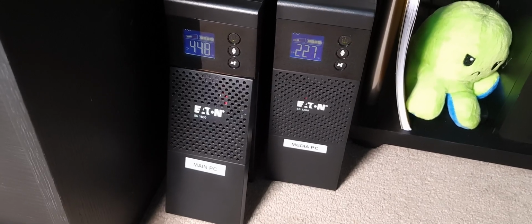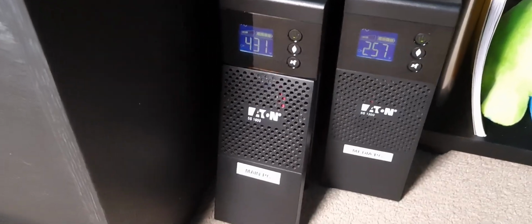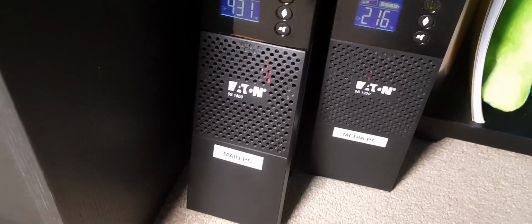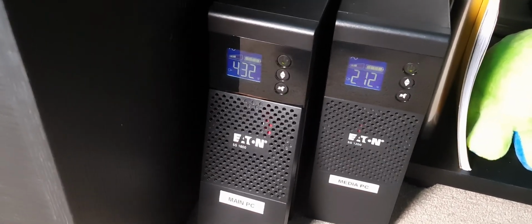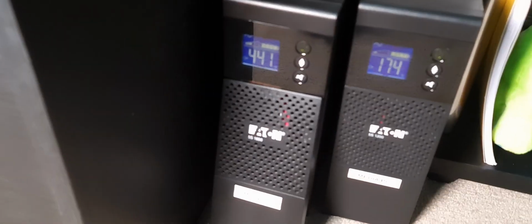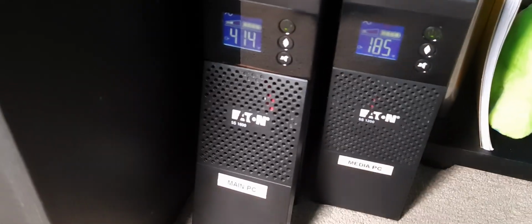All right, so here we have two Eaton 5S UPS units, and unfortunately this one here has just basically started having issues with the battery. It will run fine when it switches to battery unless the PC is connected and turned on. Basically, if the power usage is above 300 watts or so, it will immediately cut off. Like, let's say it might do 10 seconds max, and then it will just cut off